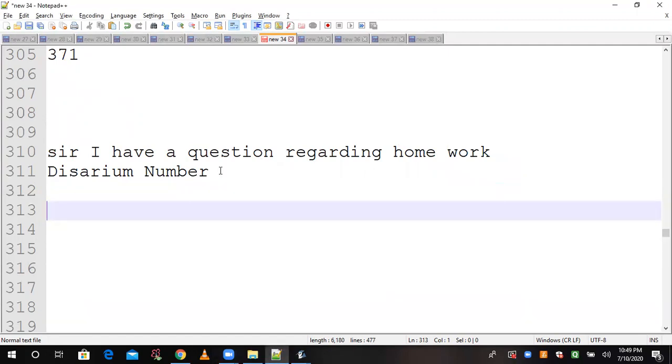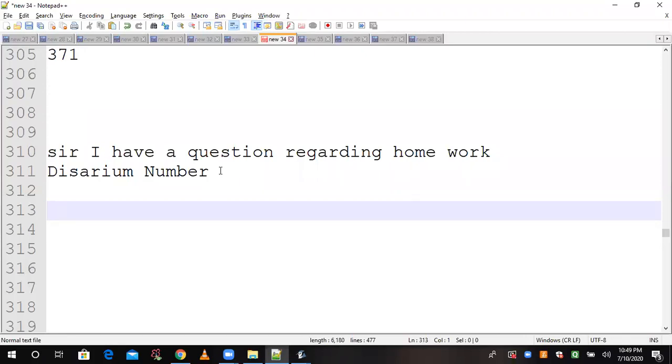First of all, we have to understand what it is. I want to tell you a very important thing: I am talking about digits of any number. If you know the procedure of digit extraction, you can solve any question.